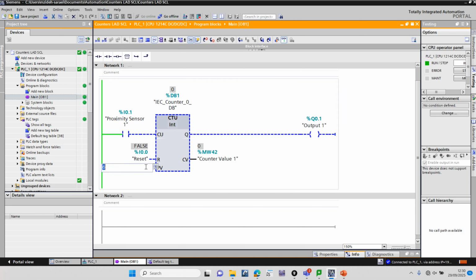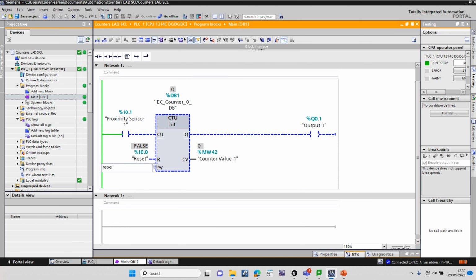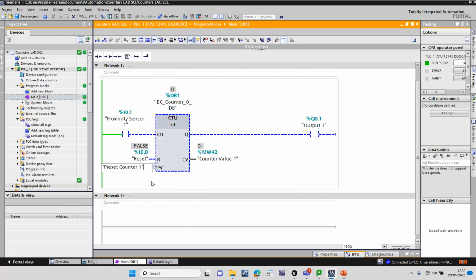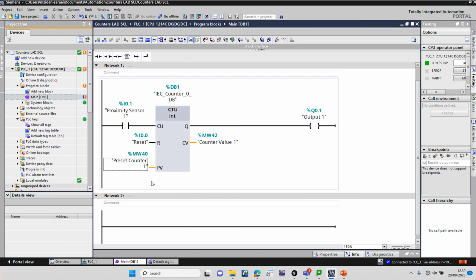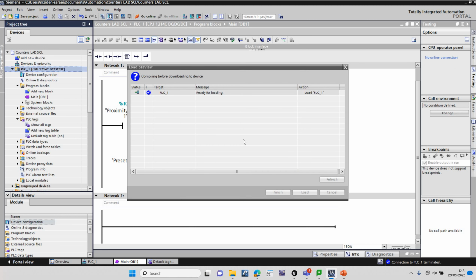So in this case, I am going to use my preset counter. Okay, so at this point, now if I download the program again, I need to go offline first. So now if I download my program again,